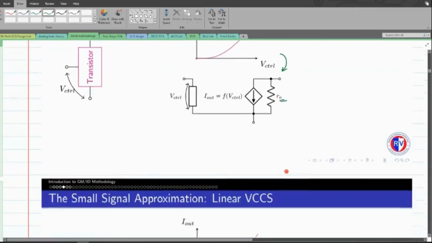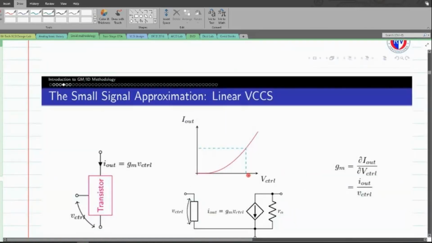Okay. But for analog circuit design, we are always concerned about small signal changes, right? So what exactly we mean is that we actually work with small signals. What happens when I have a small perturbation across a particular Q point? Okay, so if I apply a small perturbation across this particular Q point, what is the amount of perturbation that happens across the output?